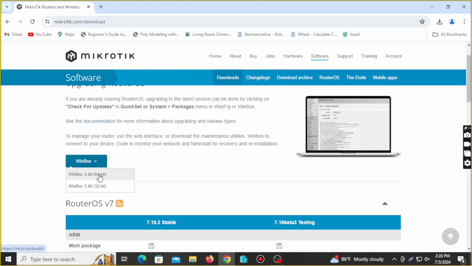But you also need to download Winbox 64-bit. If your operating system is 64-bit, you have to download the 64-bit application for Winbox. So by clicking on it, you can